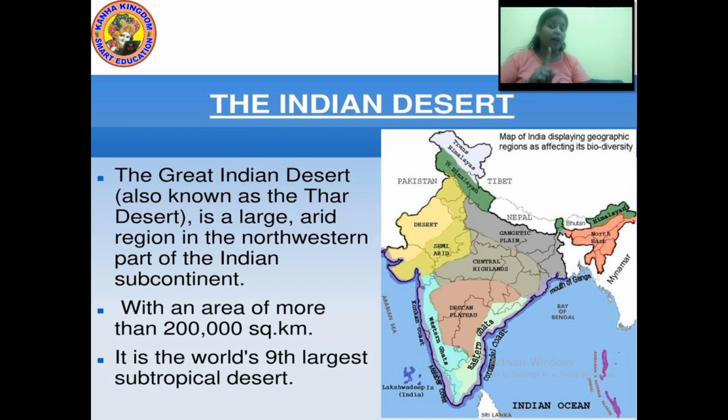One thing that you have to do is take a physical map of India, and you have to draw and write everything that is given in this map. See, the Trans-Himalayas, West Himalayas, deserts, semi-arid areas, Central Highlands, Gangetic Plain, Deccan Plateau, Eastern and Western Ghats, all the coasts, even here the northeast, the Himalayan regions. All the things you have to write, color it beautifully and paste it in your notebook.